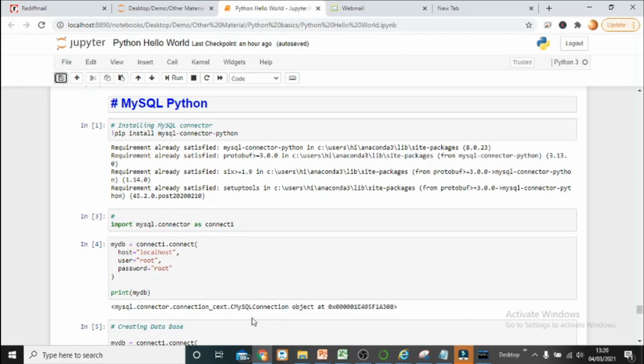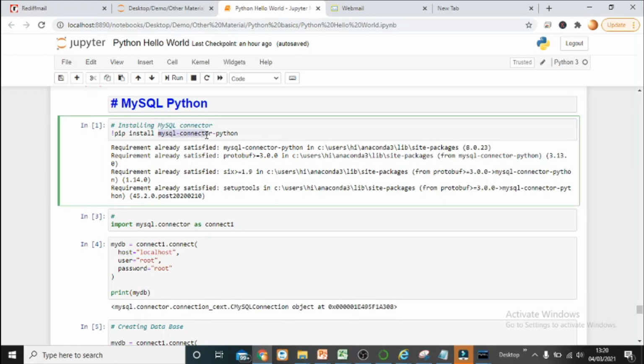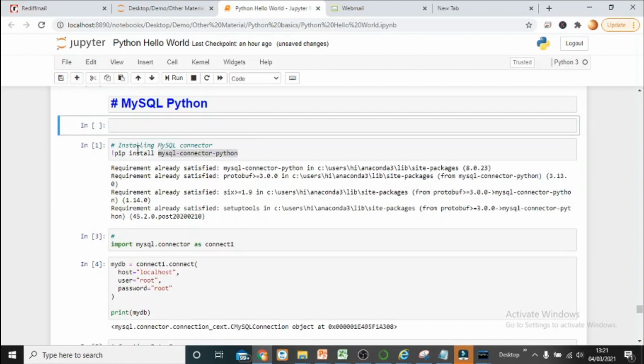As I said, to connect to MySQL you need a connector between Python and MySQL, and this is the connector we have to utilize. Normally this connector comes by default with the installation, but it is good practice to install it first.